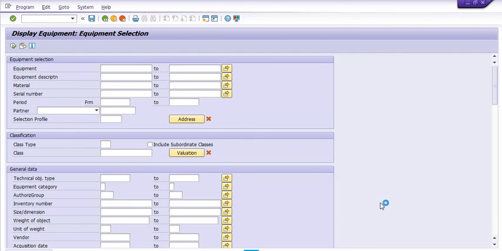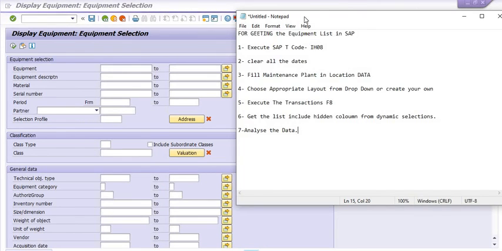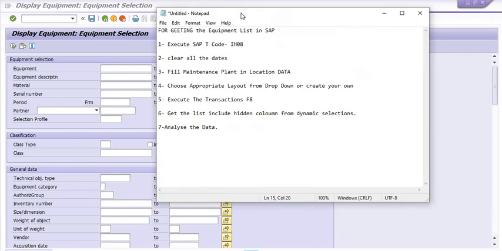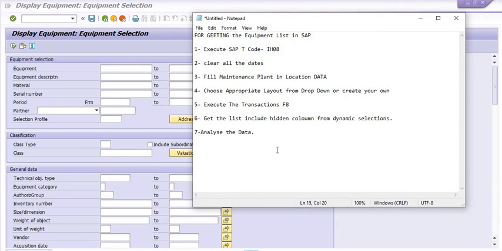You need to wait for a while. It will take time for execution of the report. Okay,